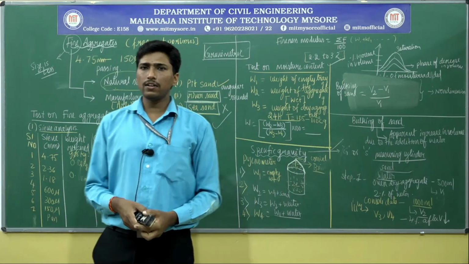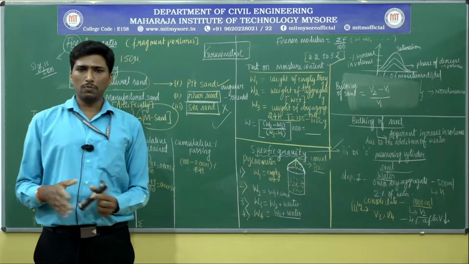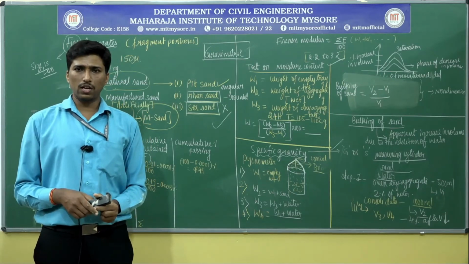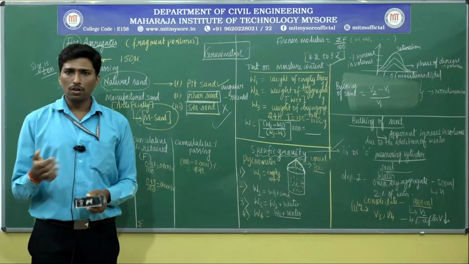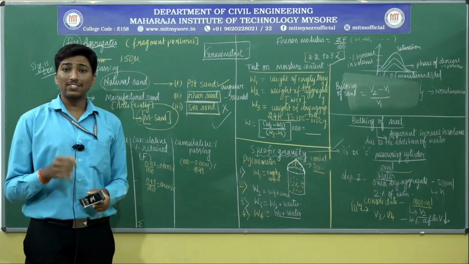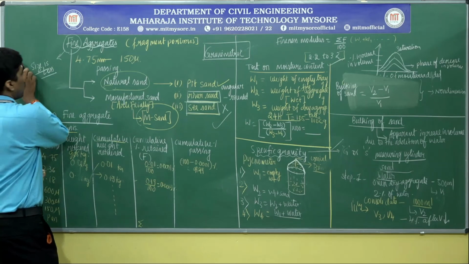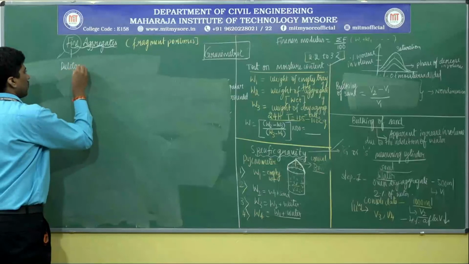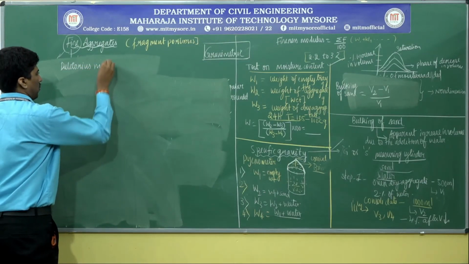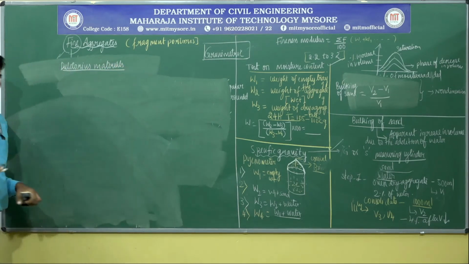Now there is another criterion. Even though some of the aggregates exhibit good properties to be used as ingredients, especially for construction purposes, they have some other materials in them. What are those? Let us get to know one by one. We call them deleterious materials. Okay, let me take up here itself. What are these deleterious materials?